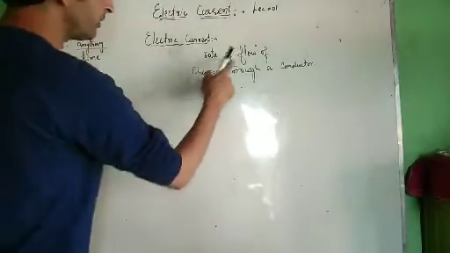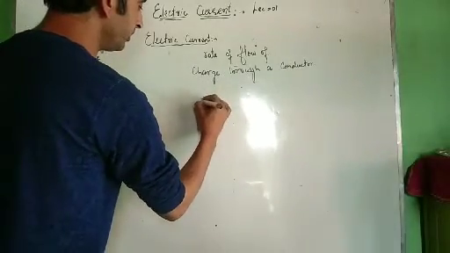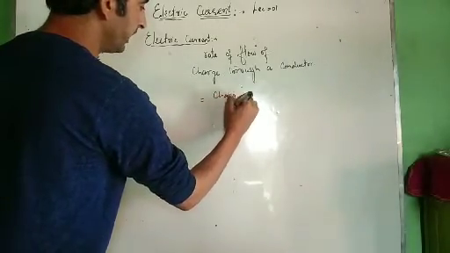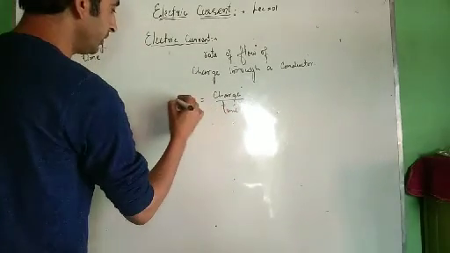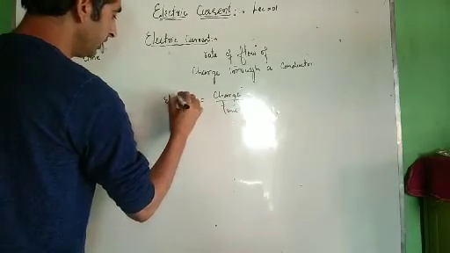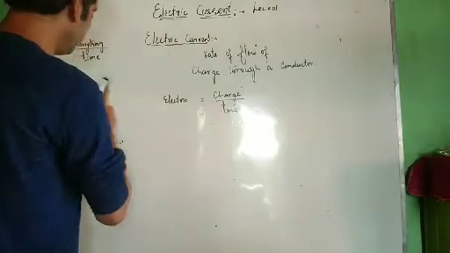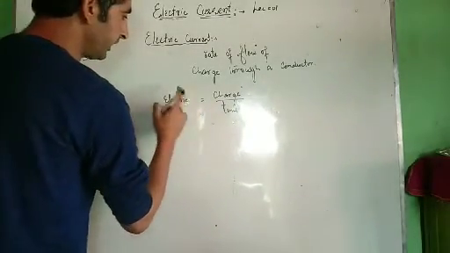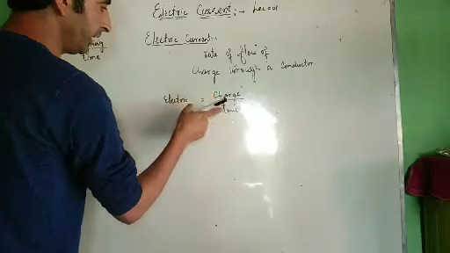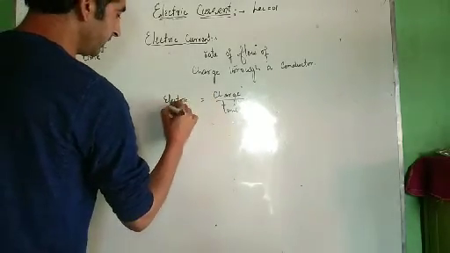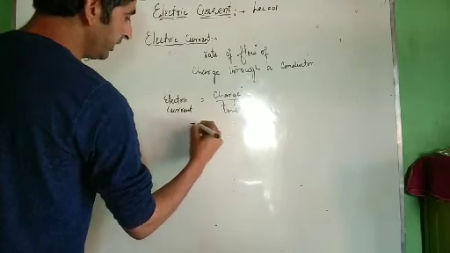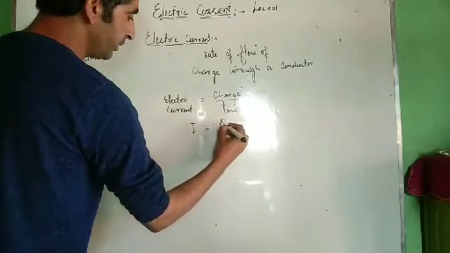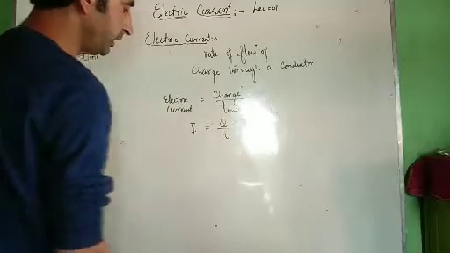Similarly, rate of flow of charge is equal to charge by time. This will be equal to electric current. When you divide anything by time, you call that rate. With respect to time, when you define anything, that is rate, electric current. Now this electric current is denoted by I, charge is denoted by Q, and time is denoted by T.